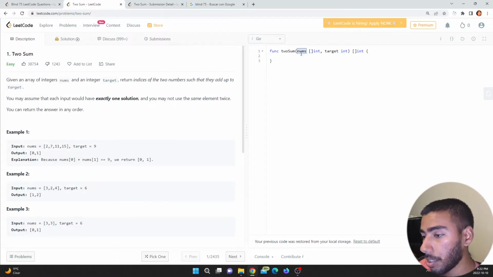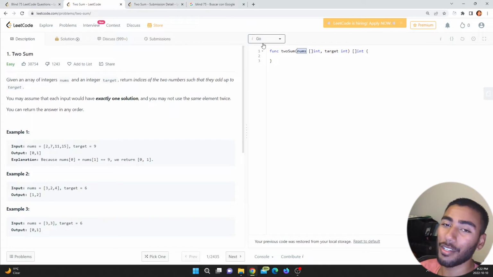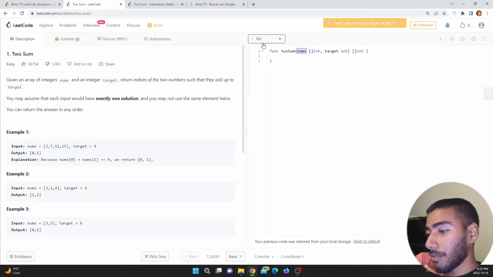Over here, I'm going to do this all in Golang, by the way. That's one of my primary languages. So I do Golang or JavaScript. And for serious algorithm stuff, I really want to use Golang instead of JavaScript, even though I guess JavaScript makes things a little bit easier. Okay, so we have our nums over there, which is an array of integers,